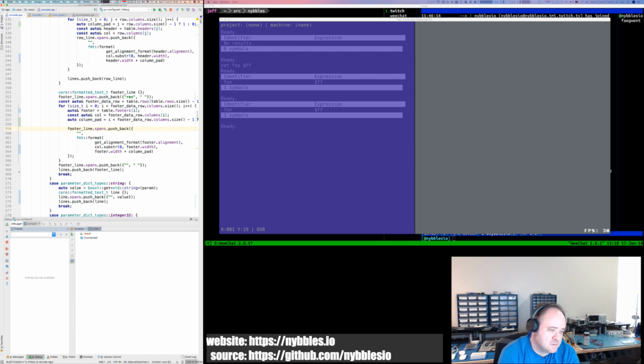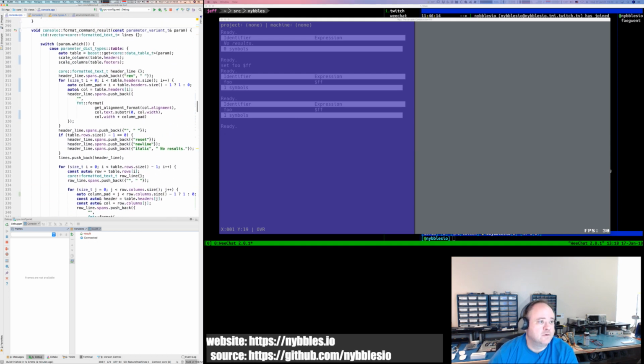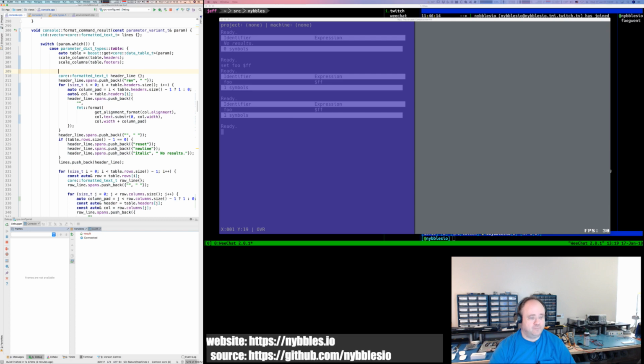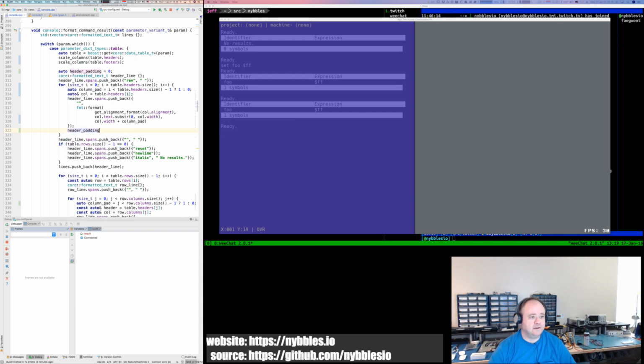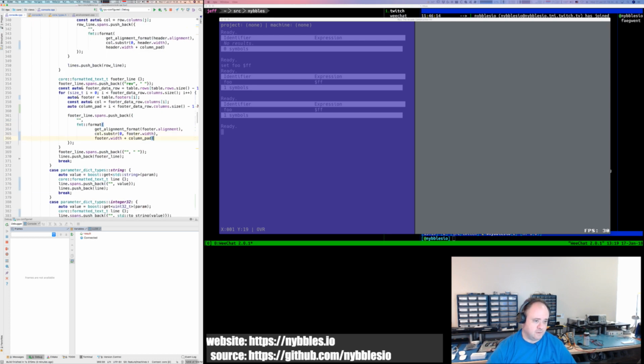What's happening is there are more columns in the header, right? So if we had 3 columns in the header, this would be off by even more. So in the header, we have to track header padding, right? And then here, header padding plus equal column pad, right? And then down here, this is actually